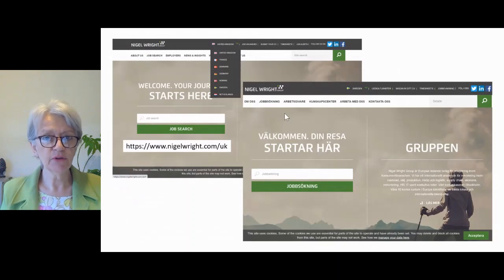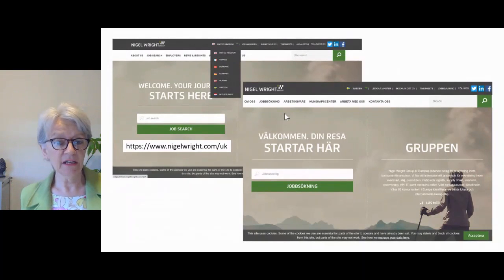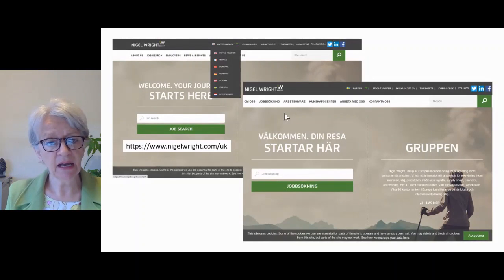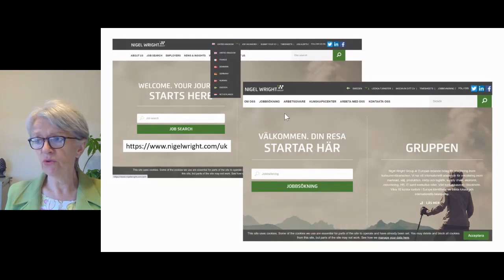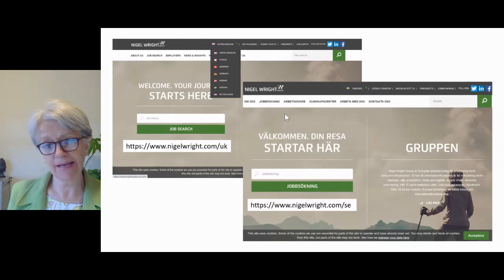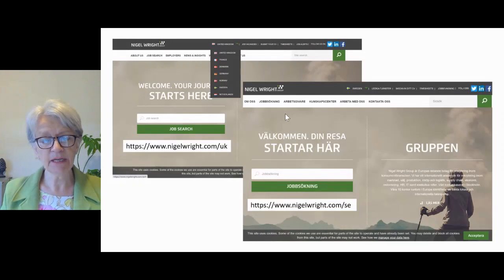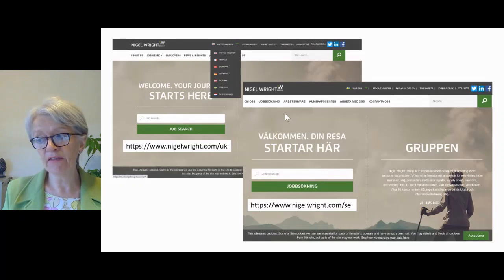You can take this approach in terms of landing pages. You could essentially take a cut of the most important pages on the website and present your offer in this way. The other suggestion I sometimes make to clients is that they buy the local domain name. So the nigelwright.com/SE, and they construct their landing page in Swedish with relevant content to their Swedish audience,